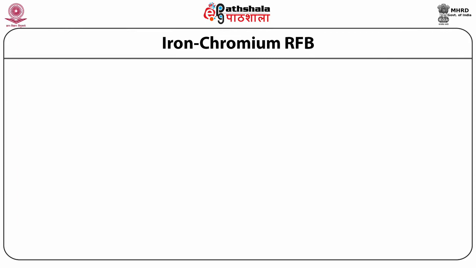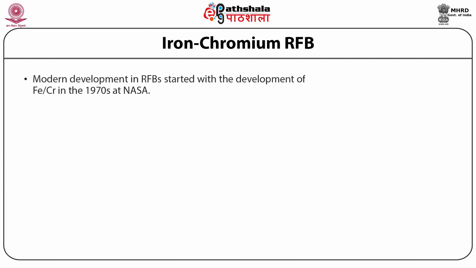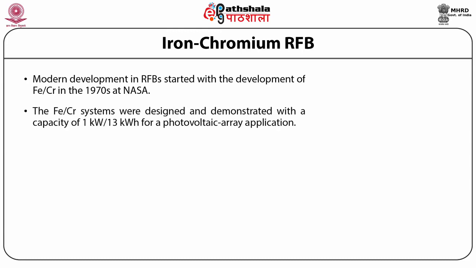Iron-Chromium RFB. This is the first type of RFB which we will be discussing. Modern development in RFBs started with the development of iron-chromium in the 1970s at NASA. A schematic of iron-chromium RFB has been shown in the figure below. The iron-chromium systems were designed and demonstrated with a capacity of 1 kilowatt, 13 kilowatt hour for a photovoltaic array